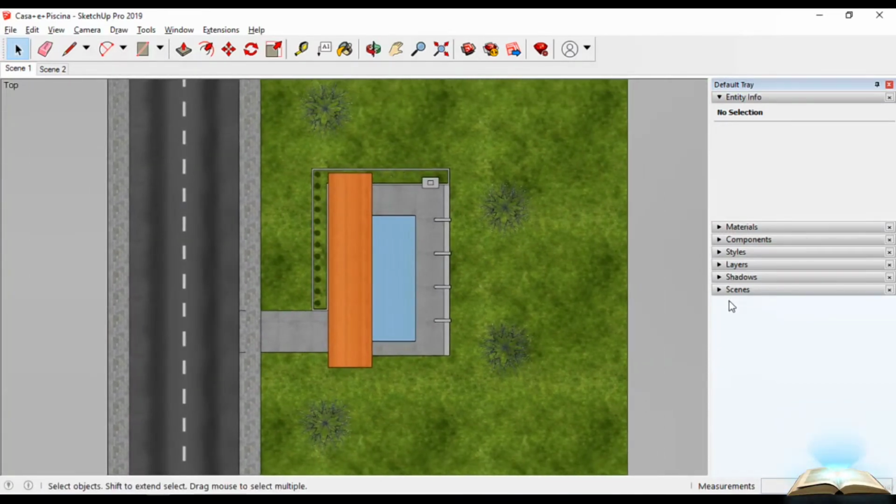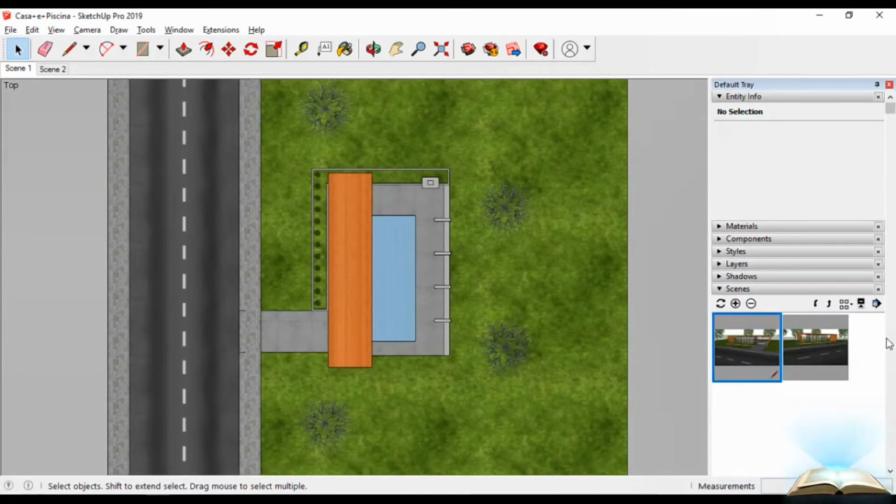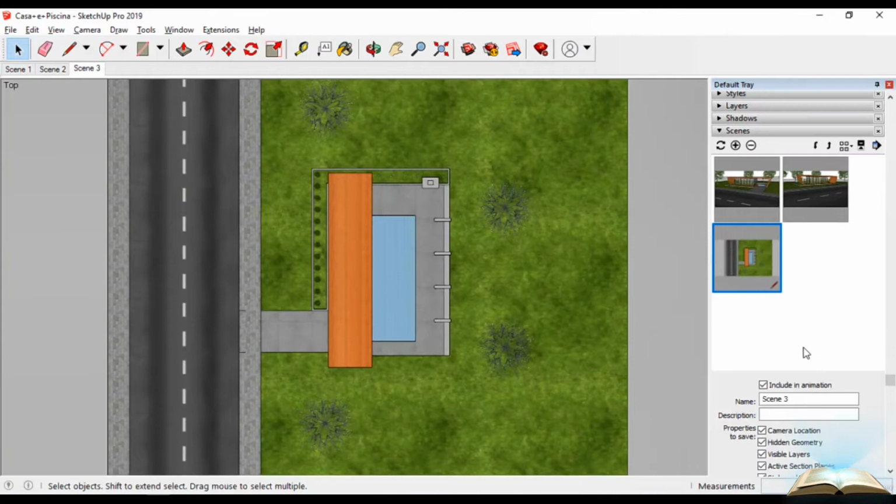So what I will do, I will go to the scene and add a new scene, and I will write it as Plan.